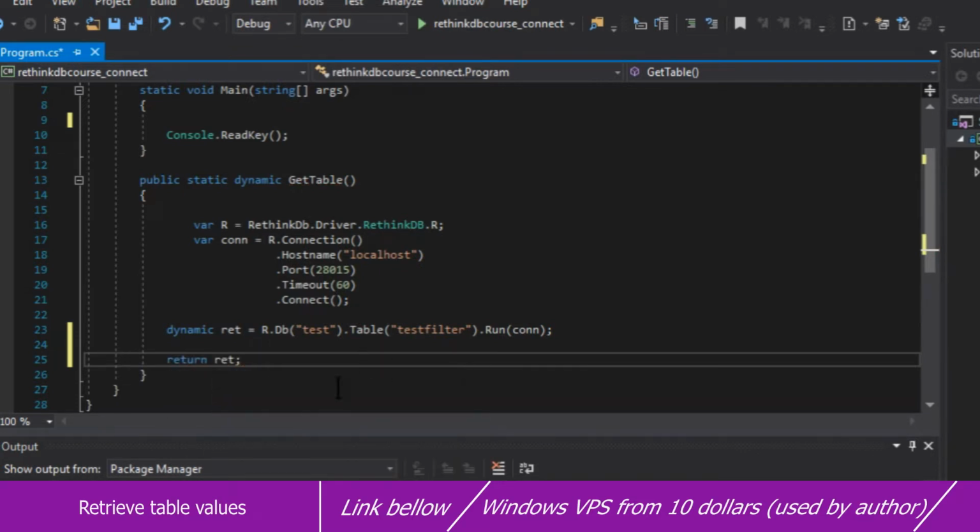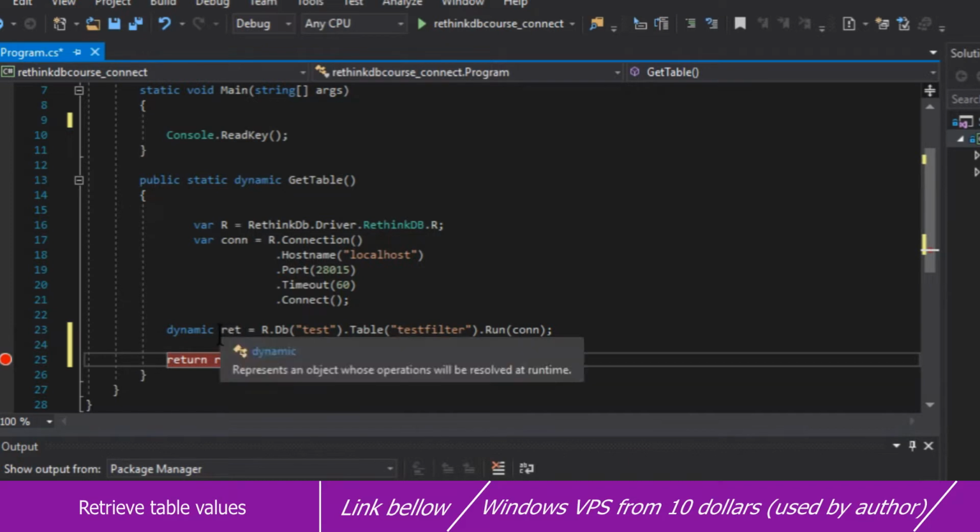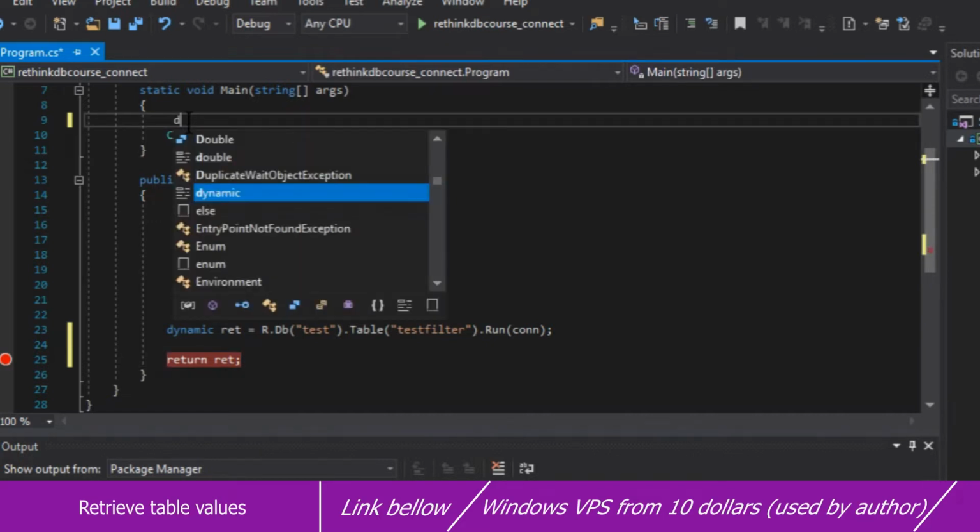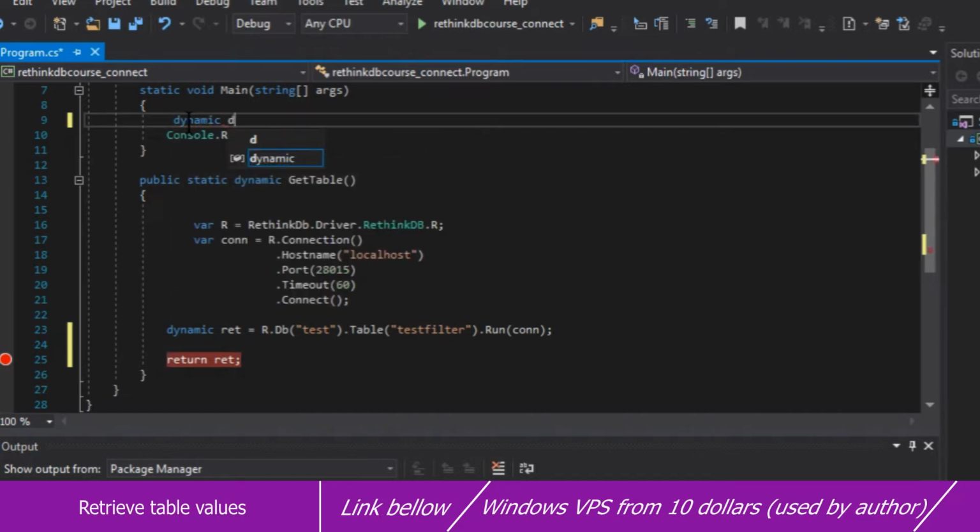Now, the reason we're doing that is so that we could put a breakpoint right here, and so that we could take a look at what we will get from the ret, because we won't actually be displaying all that in the console. Now, this is where the interesting part begins. So you get those values, and now you need to get them into a string format, into some kind of a readable, displayable format. So what you do here, you simply write dynamic, we call that dn here, and equals